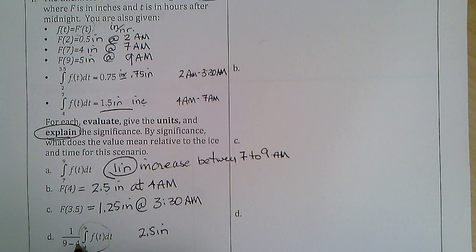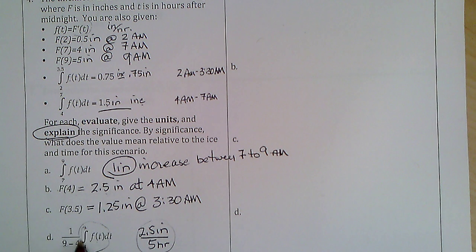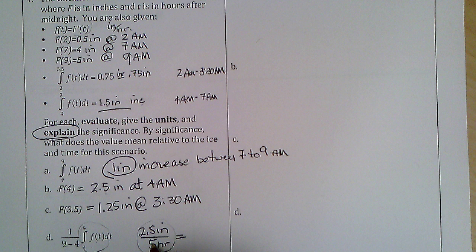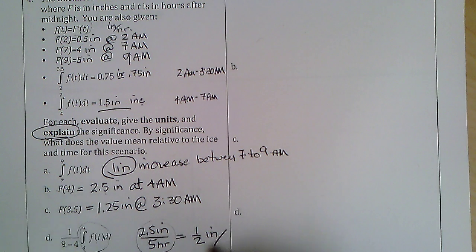But 9 minus 4, that's 9 a.m. minus 4. That's in the amount of hours, which is 5 hours. So this is a rate again. And since we're doing the total change in the thickness over the total time that passed, we're getting the average. And so this is 2.5 over 5, which is 1/2. 1/2 inch of ice per hour is the